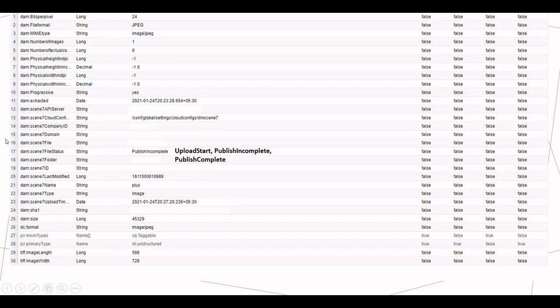Another thing you will find here is the domain, which domain you are using, and the Scene 7 file folder it is going to be synced to. I have removed all those configurations because those are sensitive data.